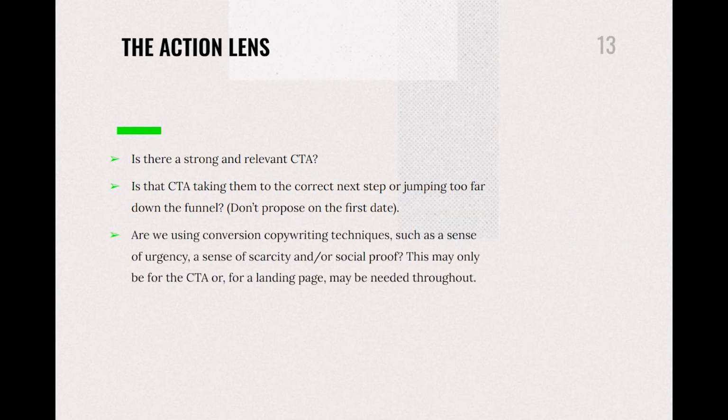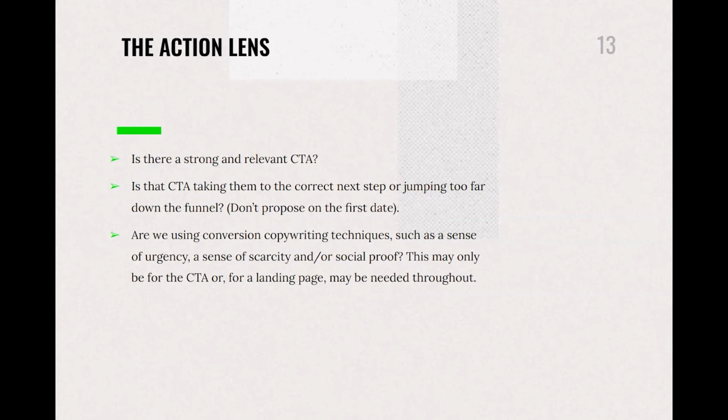Are we using conversion copywriting techniques? When it comes to landing pages, if we are trying to convert them, there are all kinds of techniques. If you're part of the academy, we are teaching you lots of these techniques. So, sense of urgency. Have we built up a sense of urgency and a sense of scarcity to really make them feel like they should